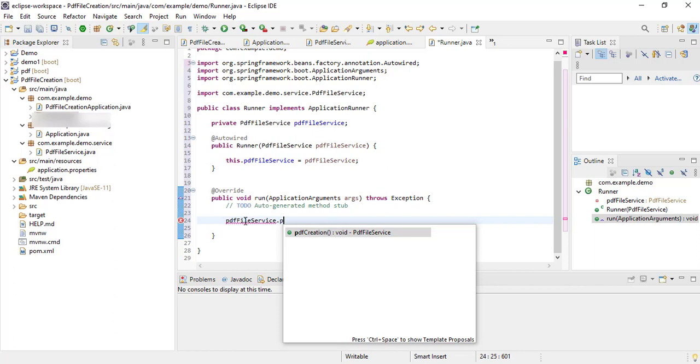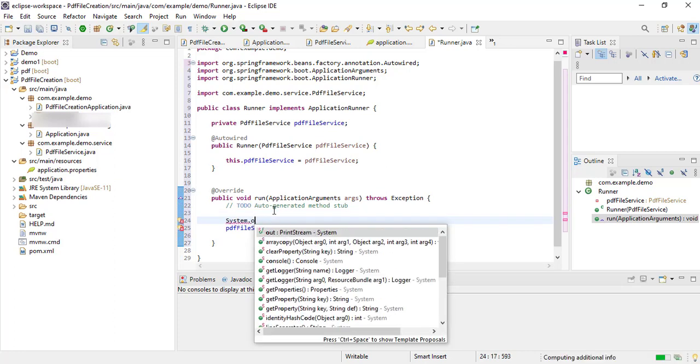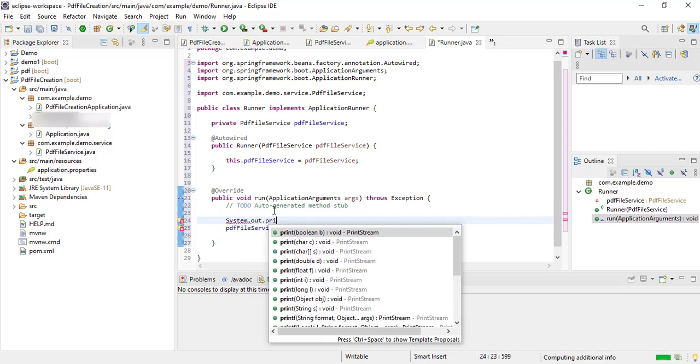Look at here. In the service class, I have one method PDF creation that I am going to call here. Once this method gets called, the PDF file will get created. Now before that, I will write SOP. Now I will save this file.